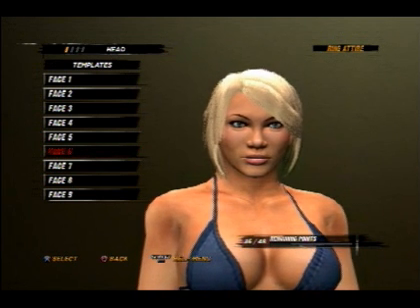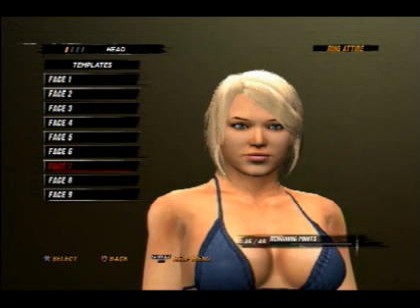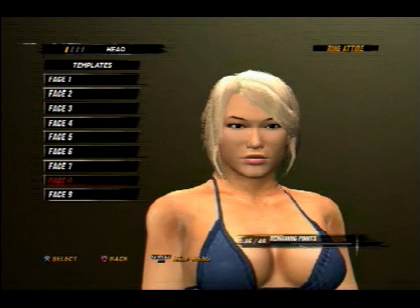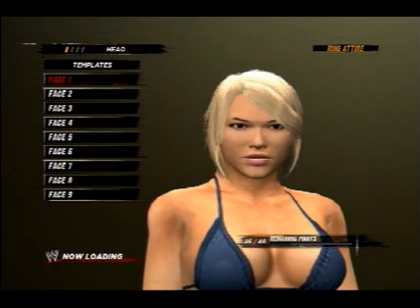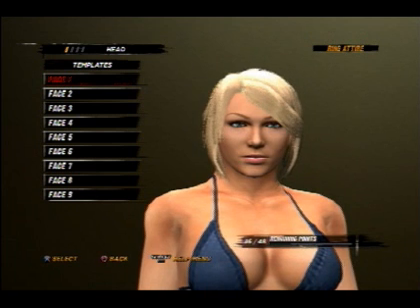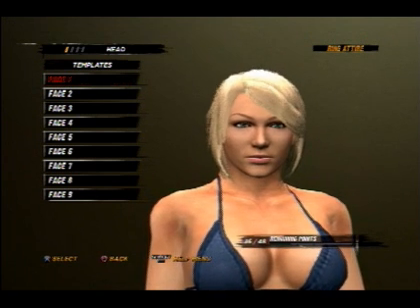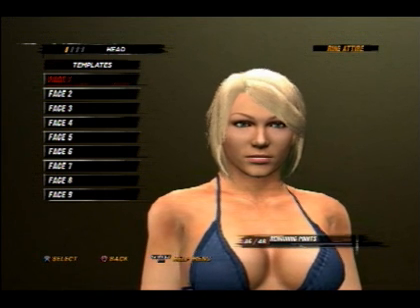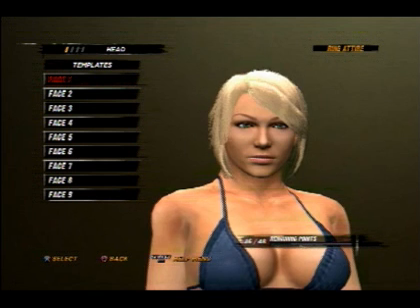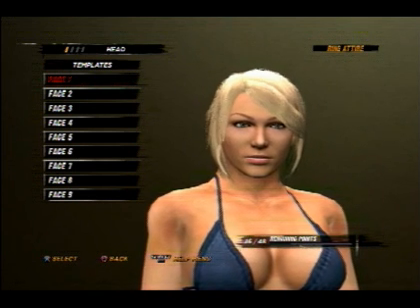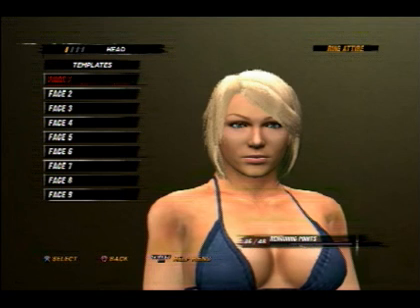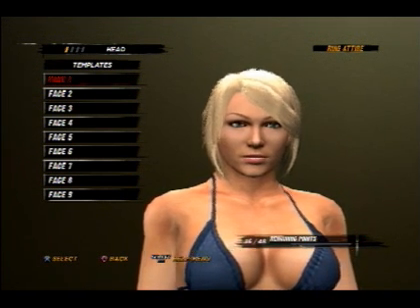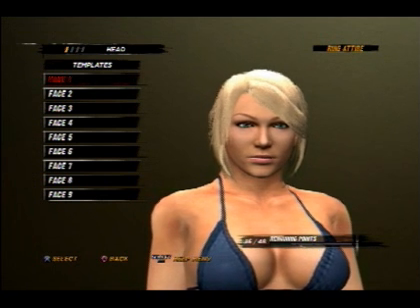Each facial template has its own specific values that even if you set them to 0, they'll look different from face number 1. So if you're using face number 8 and you set everything to 0, it's going to look different than the face you see here, which is set to everything 0. Same thing applies for body morphing. If you choose a different body type, like a fatter body type, I'll get into that probably in another body morphing video, because I was planning on doing another one for specific builds. But anyway,